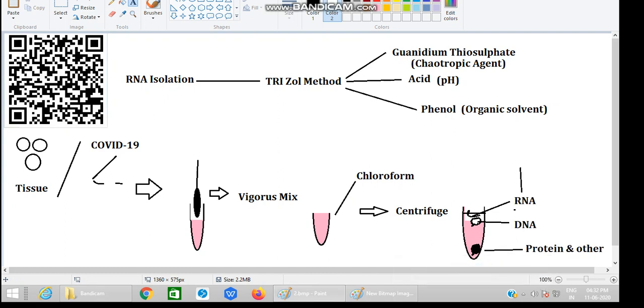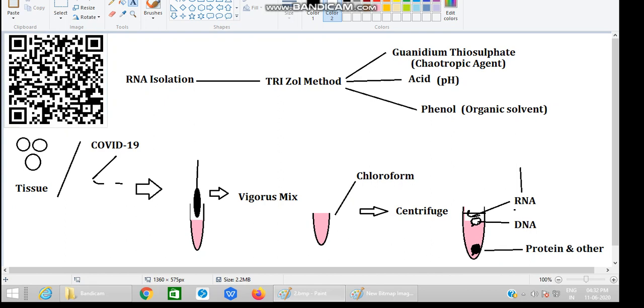You get RNA. You have to understand that DNA will remain suspended in the intermediate phase, not in the bottom, not on the top. On the top only RNA will be there. Why will RNA be on the top? Because your RNA is negatively charged and it is also single stranded. I have given one question: why is RNA fragile? It is because it is single stranded, one thing. And second, it is also small, because the whole genome is DNA, but every time you do not transcribe the whole genome, only the parts you require, you produce RNA by transcription. Therefore RNAs are very small as well as very fragile, because they are single stranded.